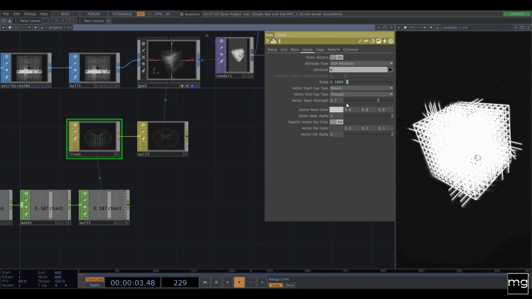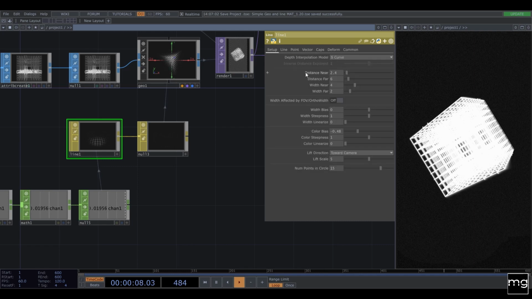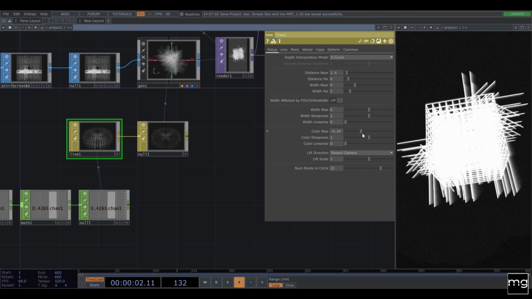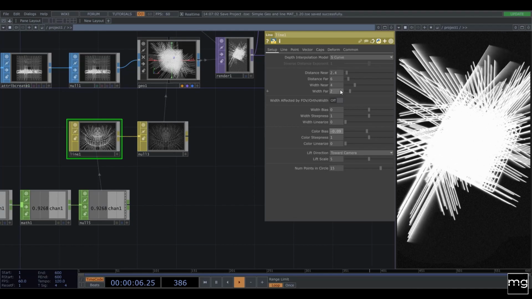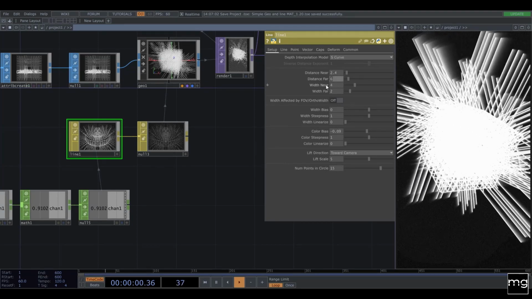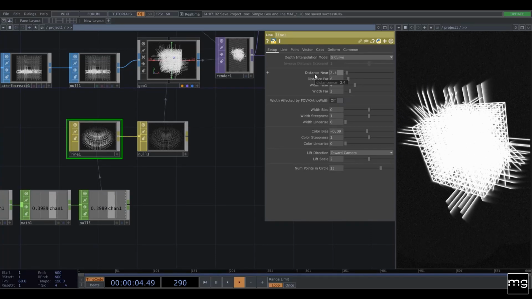So we can come here again and start playing with the bias, for example. And the color bias, we can go a little bit higher. And the far and maybe the distance, the near.